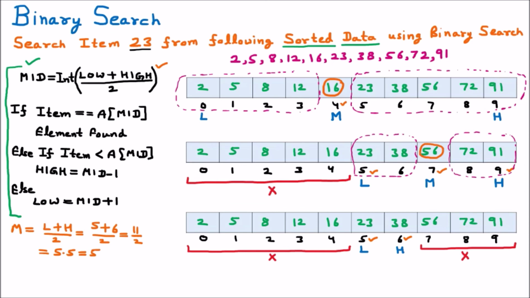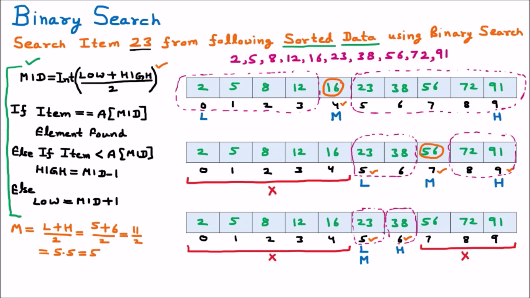We can see that low is 5 and middle is 5. Low and middle both being 5 is a normal case. There is no problem as such. If low and middle are the same, or maybe middle and high are the same, that can happen in the list because we are working on the algorithm and such things happen. Now we can see that this list is again divided into two parts. The first part contains only one element, and the second part also contains only one element. So this is how the binary search works.